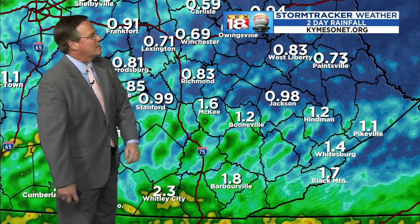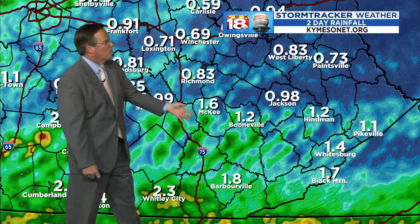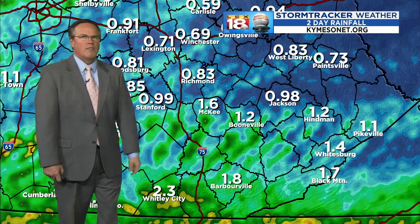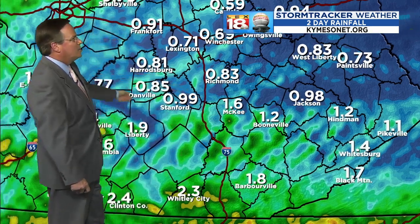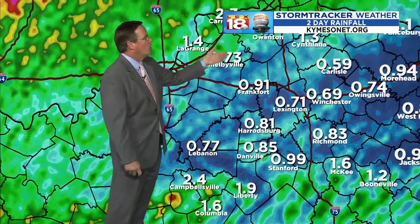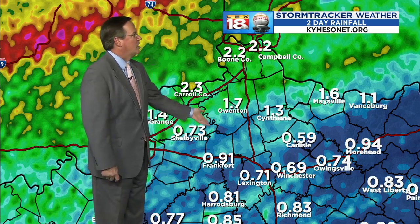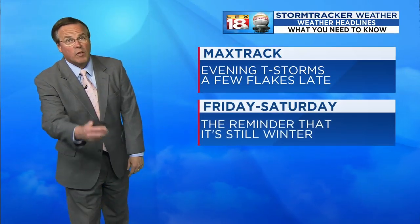Over the last couple of days from the Kentucky Mesonet, heavy rainfall across the south, where you're seeing rainfall amounts 1.5 inches to almost 2.5 there around Whitley City. You see Stanford came in at just under 1 inch of rain, about 2 inches there in Liberty. Through central Kentucky, rainfall amounts were a little bit less, generally 3/4 to around 1 inch, and you get up north again, 1 to 2 inches of rain came down, but more is coming here over the evening,